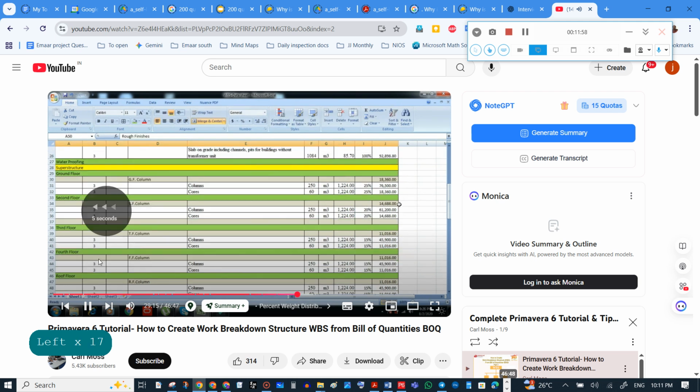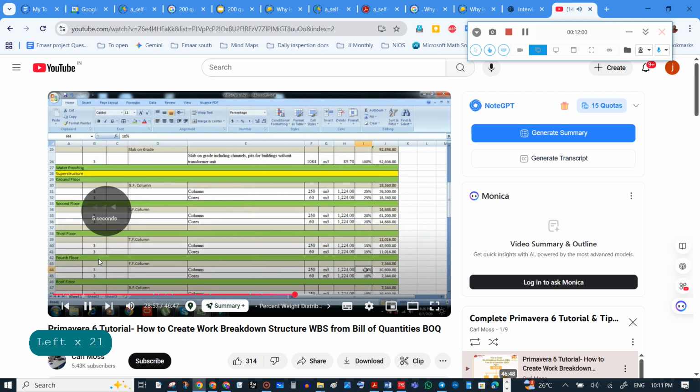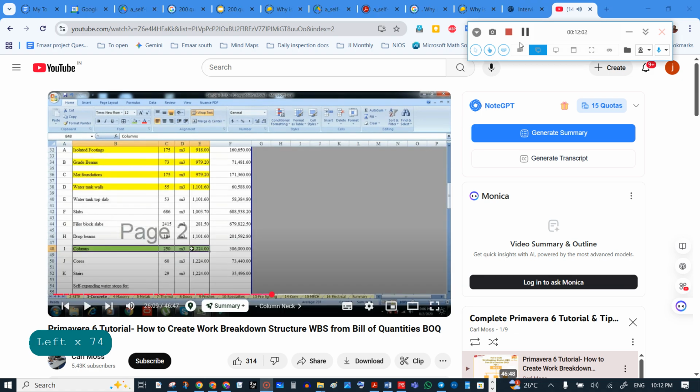Let's check if column, floor, and course is 15%. So here in this BOQ, this column is for total. So he is taking only 10% in the description. Let us see.